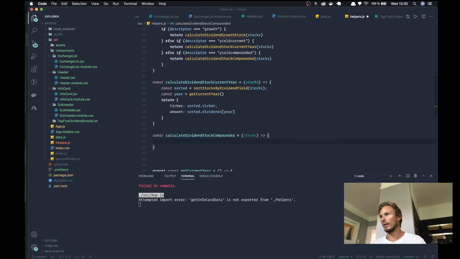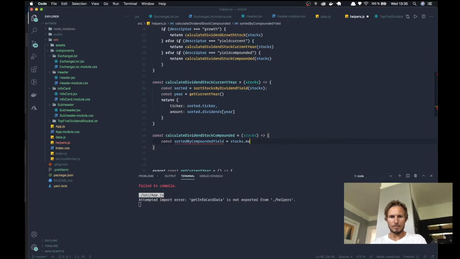So let's go ahead and do const sorted by compounded yield equals